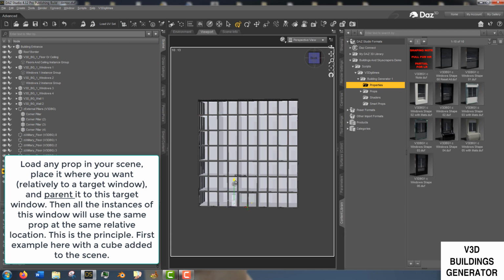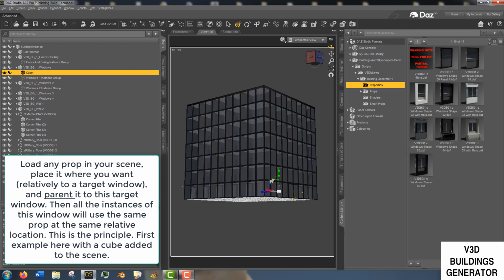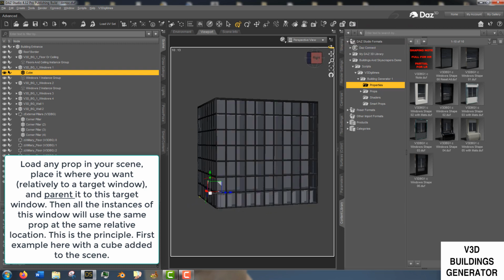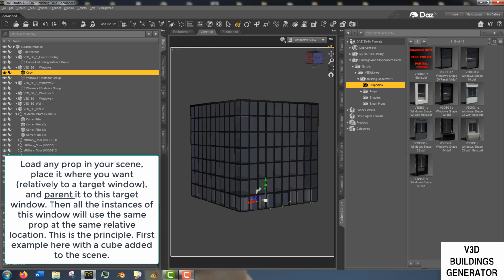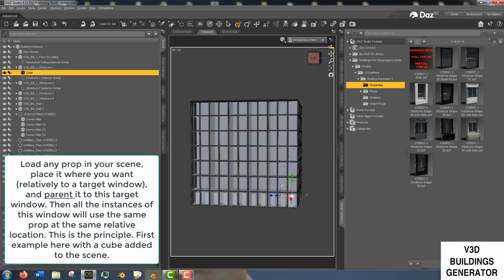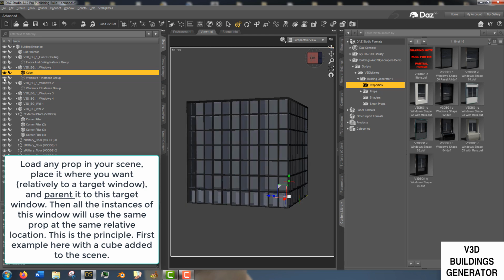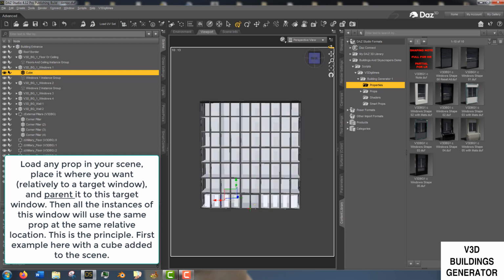Okay. And now I parent it to the windows. And you see you have a cube or a character or a furniture or whatever you want behind every window of the instance group. Okay, that's very easy,